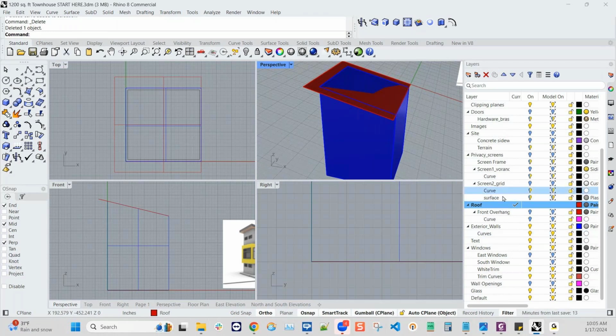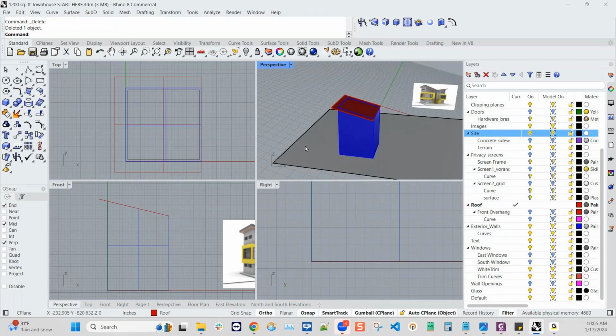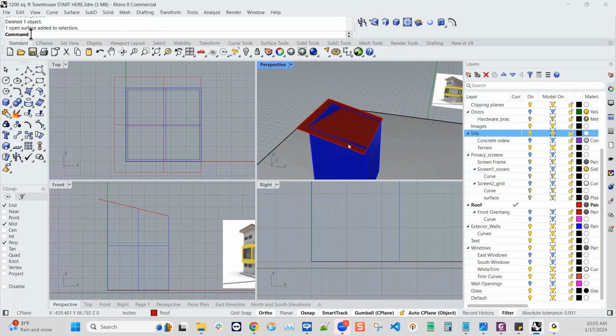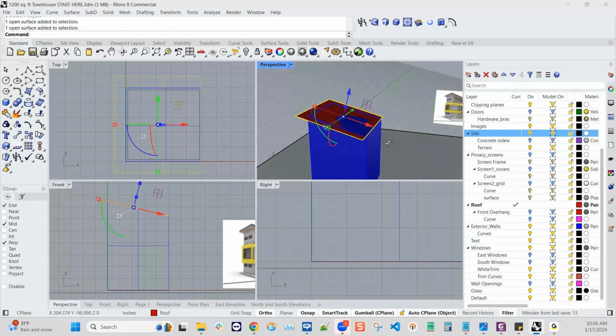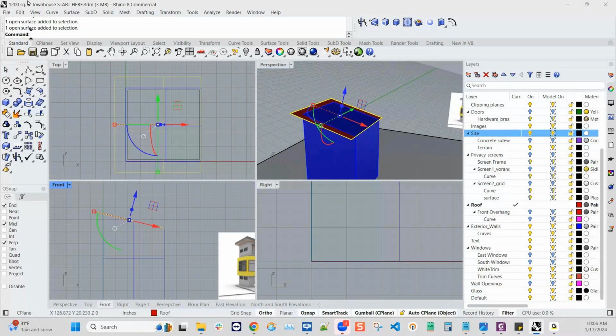There is a layer in this model called Sight, and if you want to turn that on, it will give you a way to get back to the top construction plane. So it's really helpful. I do want to extrude this surface, and it comes back, and that's okay. I could turn it off for a little bit. I don't think it's going to affect the next command, but it may affect just visually when you're looking at the model. So up under solid, extrude surface